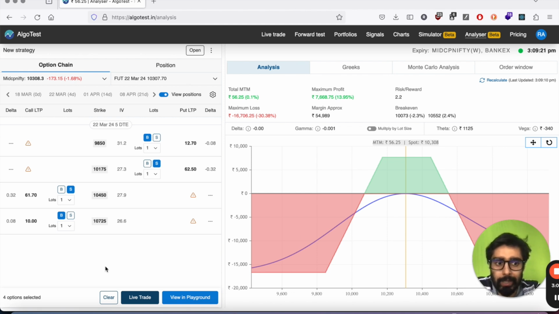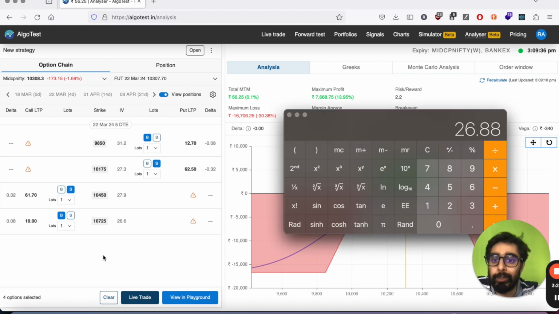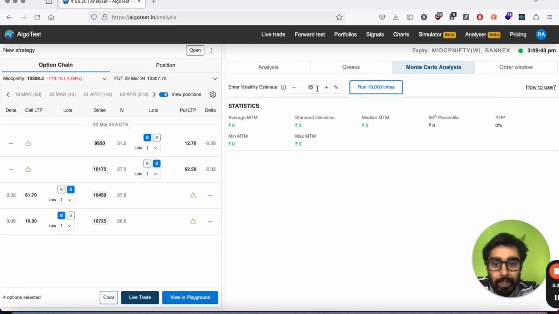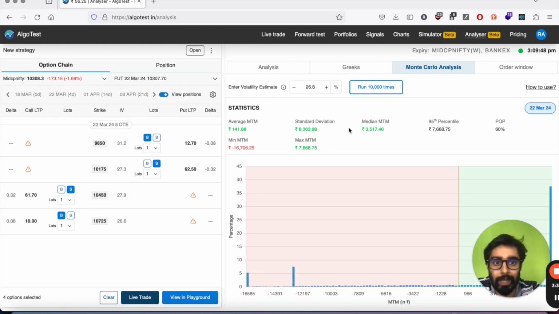The core idea behind this trade is that the realized volatility over the life of the option will be less than the implied volatility at which I'm selling these options, right? So if I throw in an estimate that, okay, my realized volatility will be what it was based on today's move, so 26.88, I can actually come here to the Monte Carlo tool and put 26.8, run some simulation, and it will show that, let's run it again, it will show that I'm kind of near break even, slight positive. I'll probably just cover my broker costs on average,